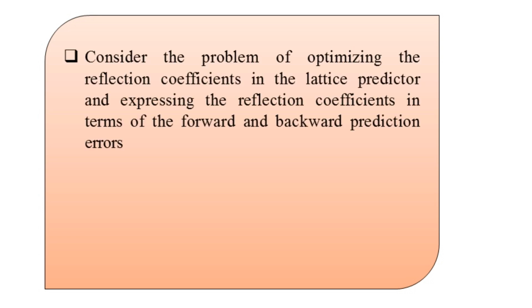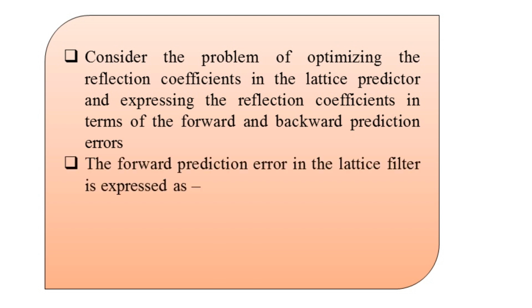Now, what parameters we need to keep at optimum to obtain the precise working of the filter, that we are going to see here. So here, for optimumness, we consider the optimization of the parameter which is the reflection coefficient, that has been introduced in the previous two videos, and this is of course required for the lattice predictors. Here it expresses the reflection coefficient in terms of the forward and backward prediction errors. The forward and the backward error in the lattice filter can be expressed as the mathematical equation gives.